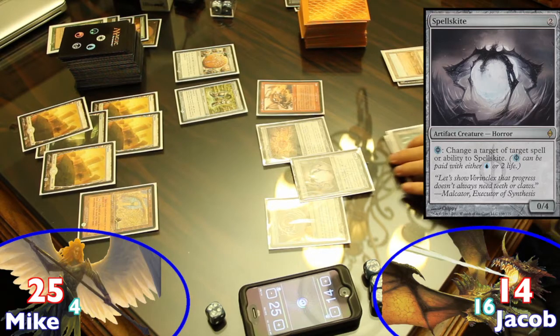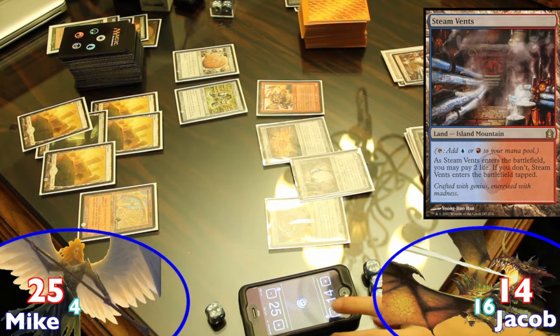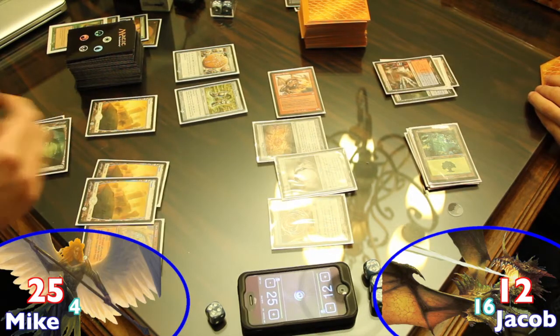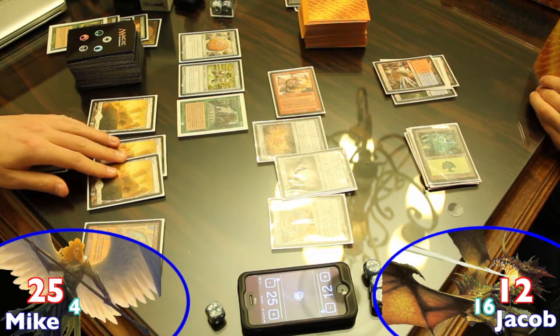tapped 2 mana to cast a Spellskite. He played an untapped Steam Vents by paying 2 life, and then attacked with his Dragon Tyrant. Mike prevented the damage with Core Haven. Mike then played another basic Forest. He used the 2 Forests to cast a Sylvan Library, and then cast a Survival of the Fittest with his